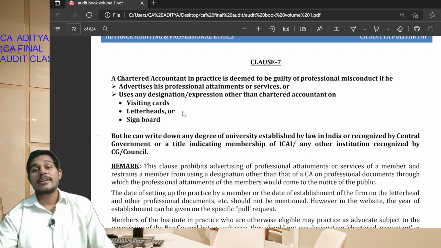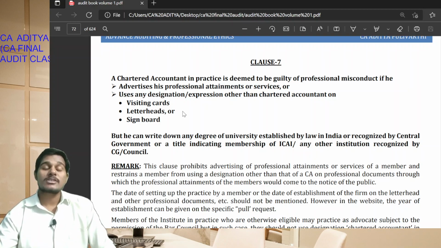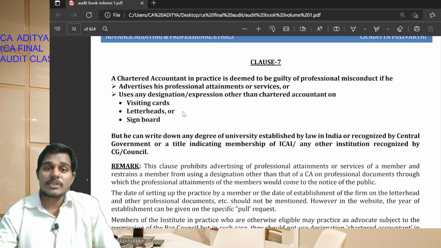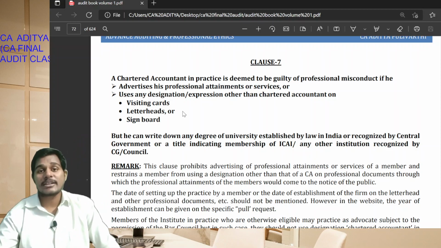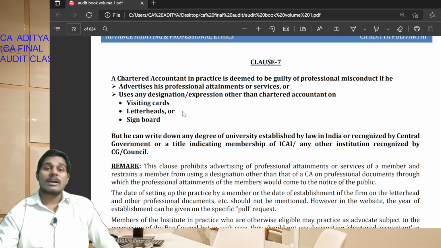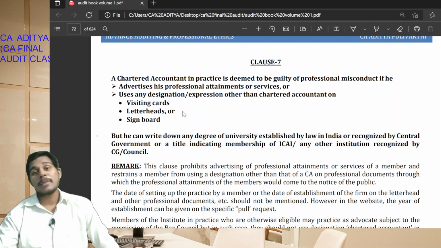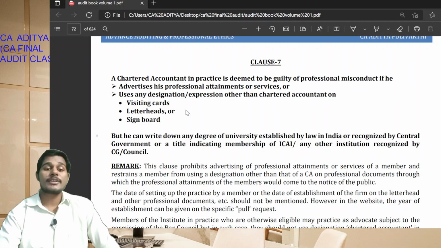See students, a chartered accountant in practice shall be deemed to be guilty of professional misconduct if he uses any designation other than chartered accountant on his visiting cards, letterheads or signboards. Other than that, he can use a degree of a university recognized by the central government or membership of another professional body. Okay students,